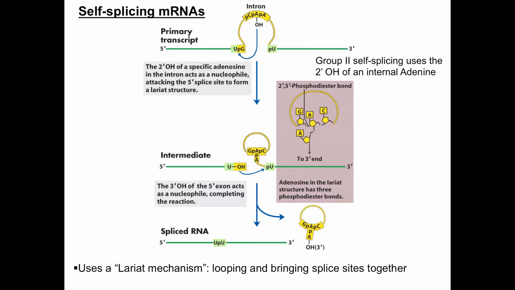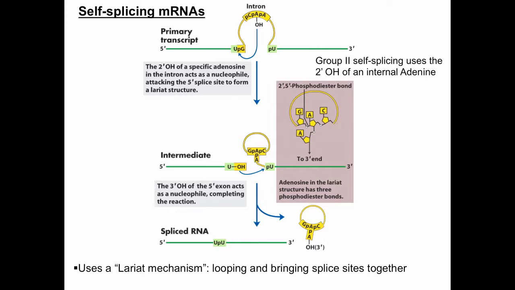This creates what's called a lariat structure, where we have a 2',5' phosphodiester bond between the 5' end of the intron and that 2' hydroxyl group